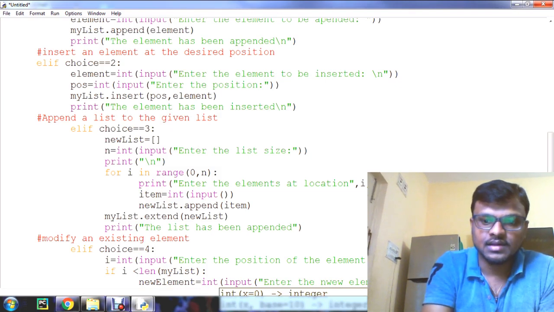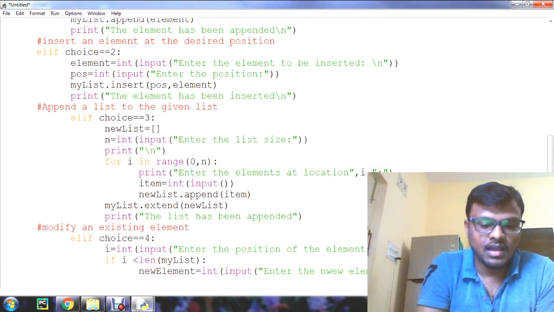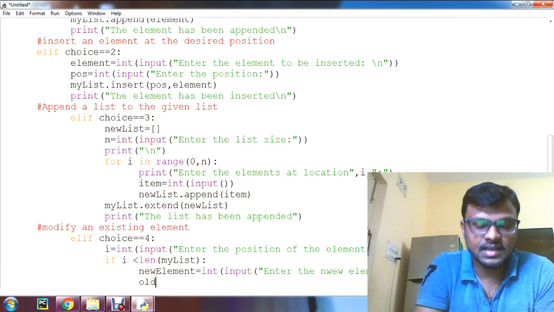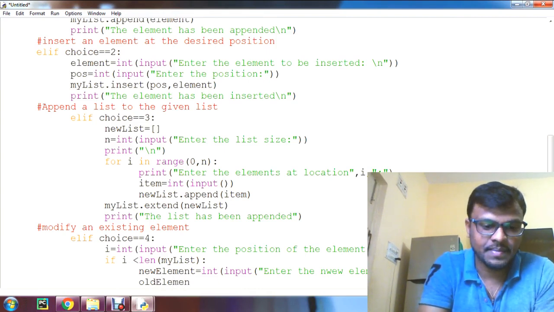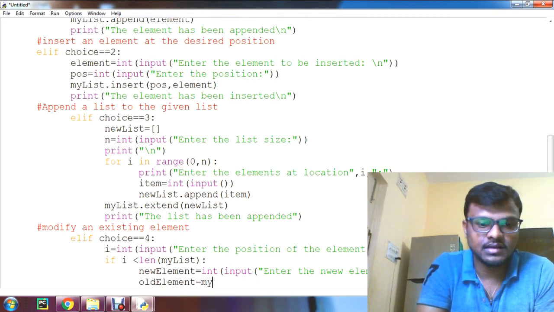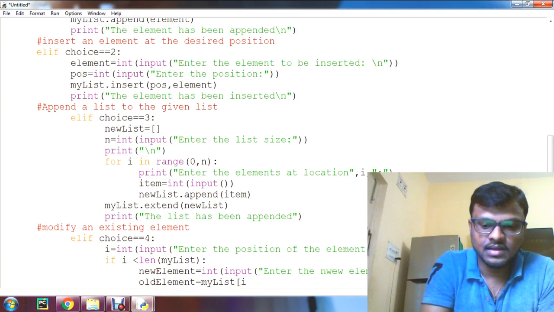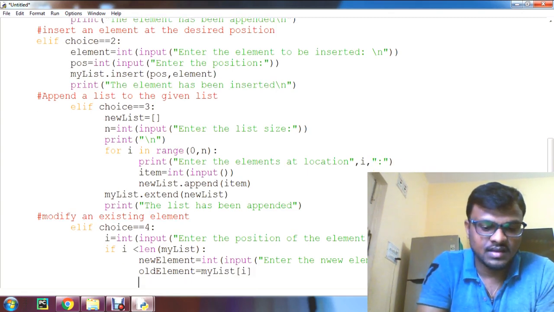Clear? Now I am taking one variable, old element. This old element I am assigning: old element is equal to my list of i. Clear?